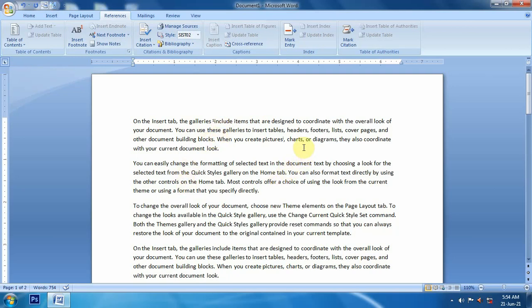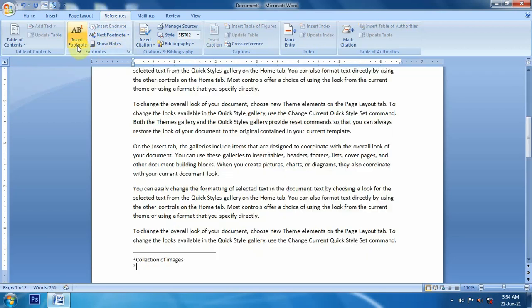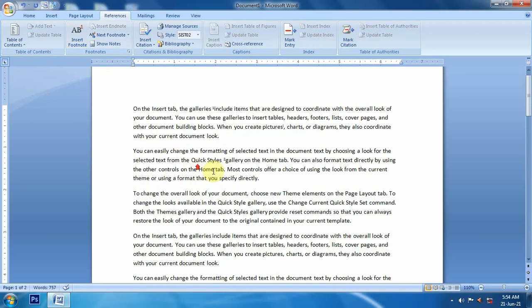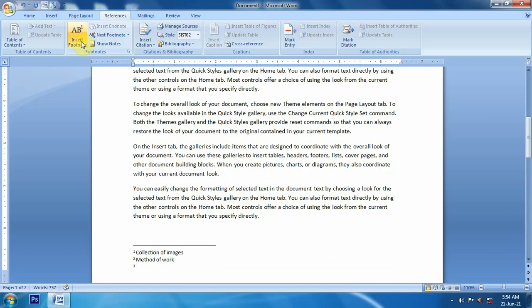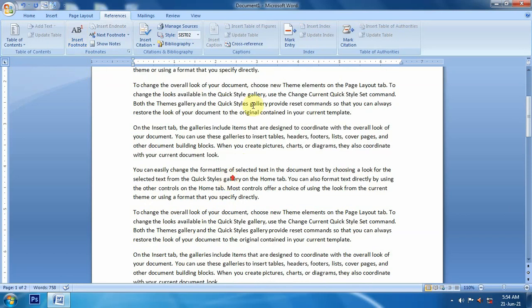Now if we have multiple footnotes, styles, insert footnote, style, we can say method of work, controls, we can say commands. So these are the details or synonyms of this word.